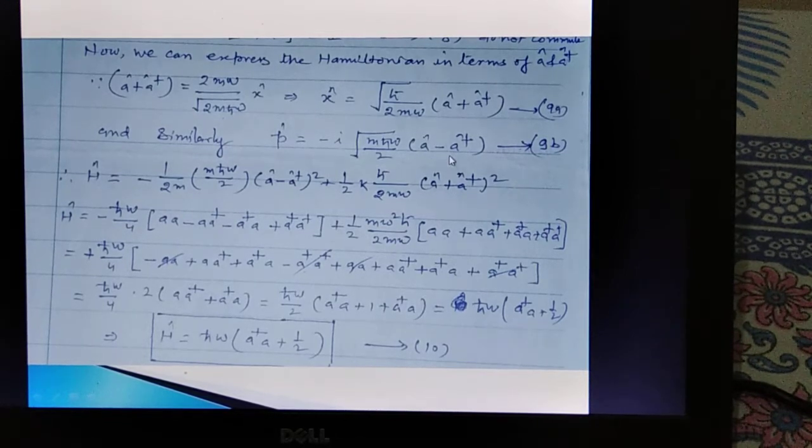It means from equation number 9, we can write x and p in terms of non-Hermitian operators A and A dagger,